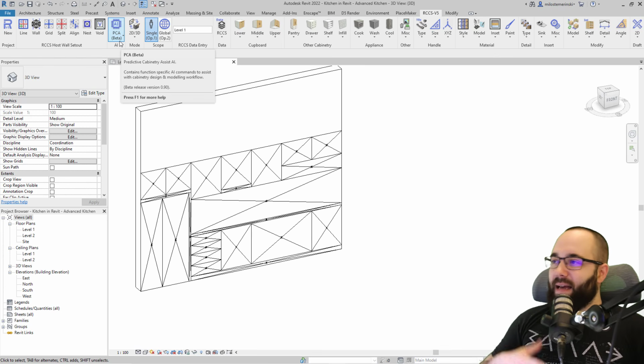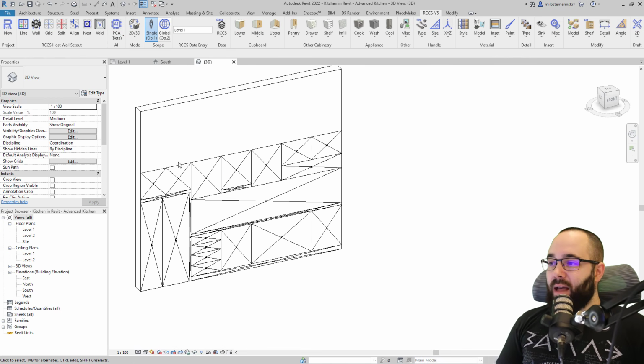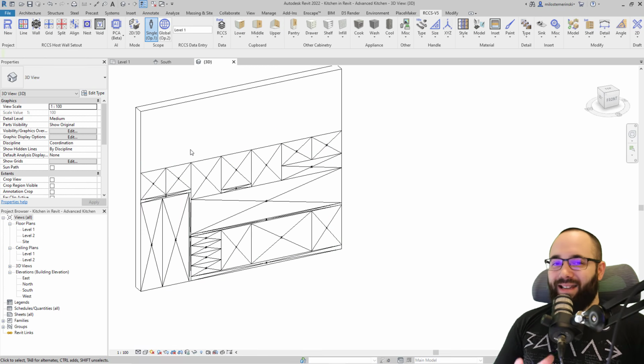So this, as you can see here, is the beta testing version, so it's still kind of in testing, and I found that if you follow the guidelines which you get when you install this plugin, it can actually do the job for you really well. I usually don't follow the guidelines because I have my own ideas in terms of my kitchen designs, and in this case I didn't follow the guidelines perfectly,